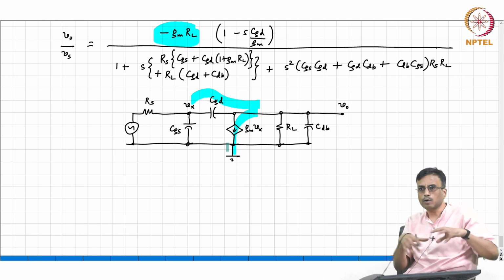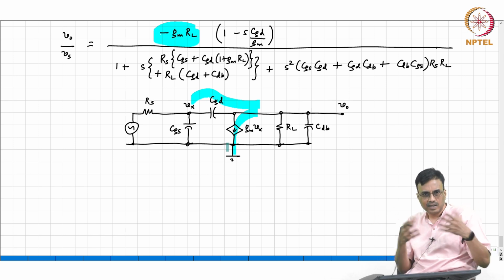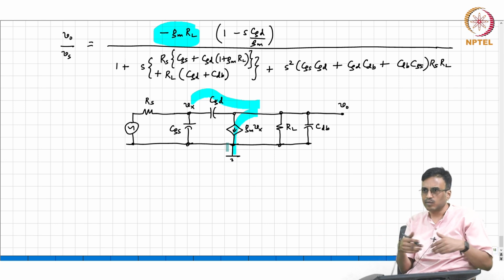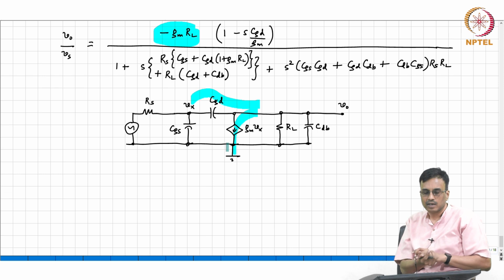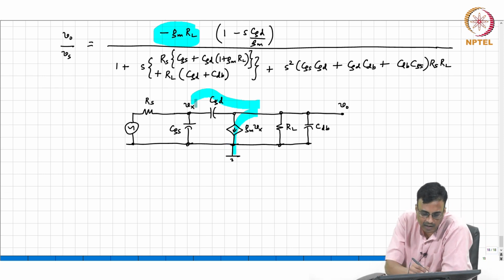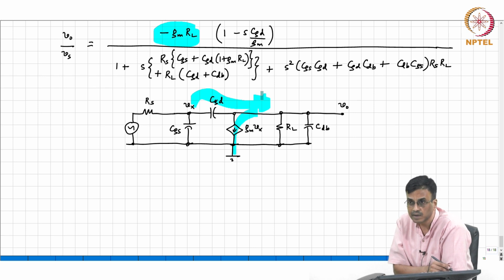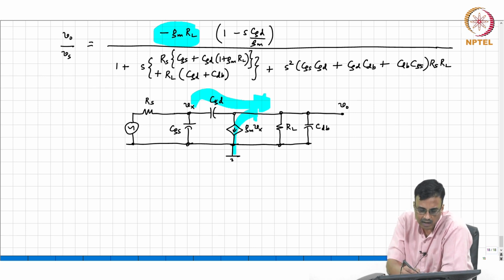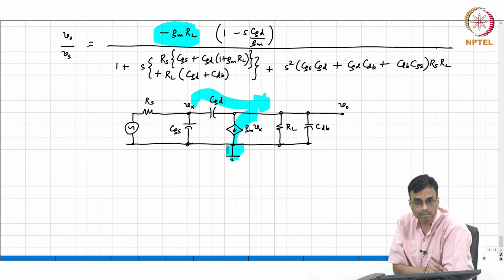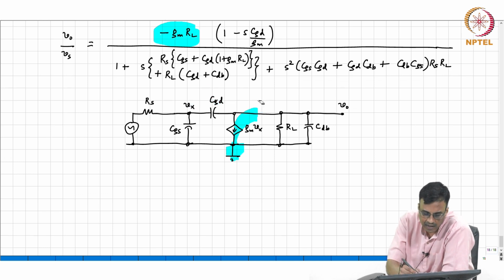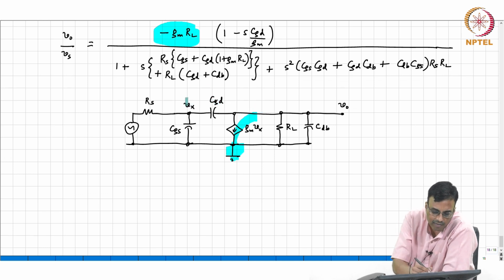At some complex frequency, the two gains are equal and opposite, and therefore you get a 0. Here the gain is a function of CGD, and here it is a function of minus GM, because intuitively if I yank Vx up,